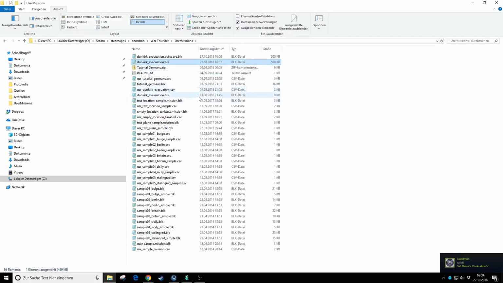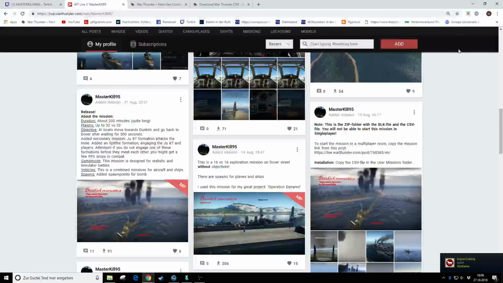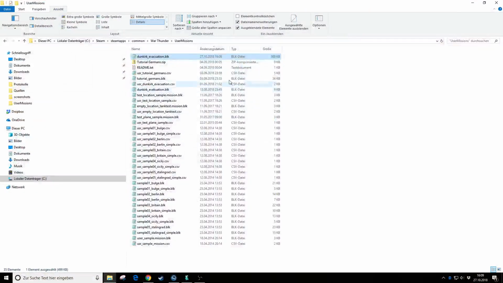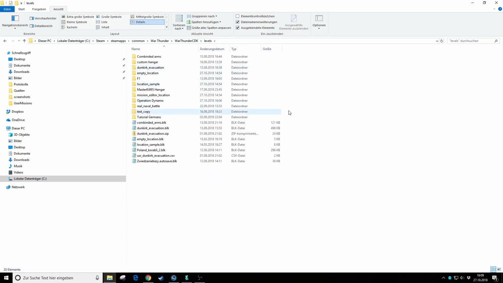Okay, alright, it's just saved in this folder. Can't save it enough times. Normally, every time I edited something, I just loaded it from the C level BLK. As you see,